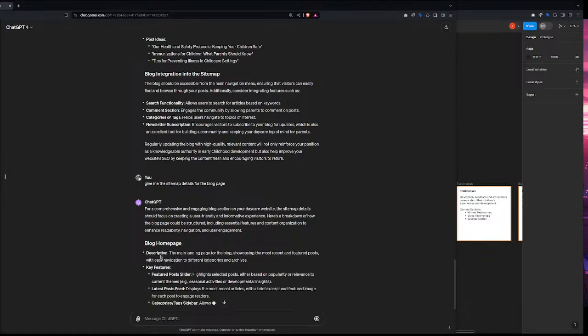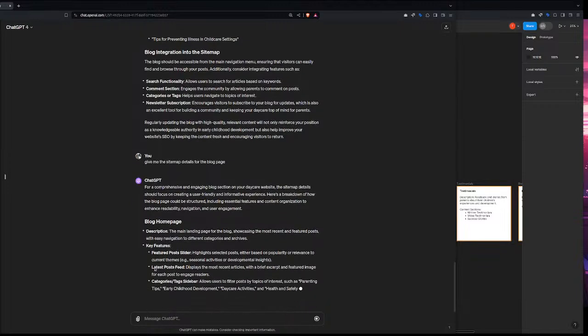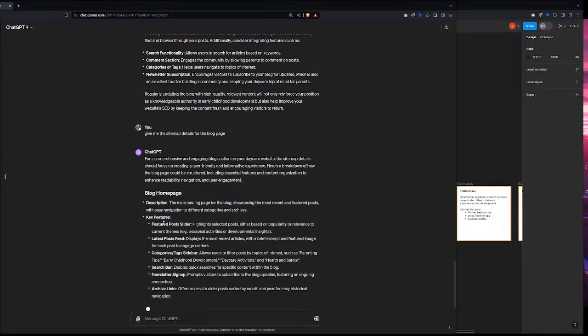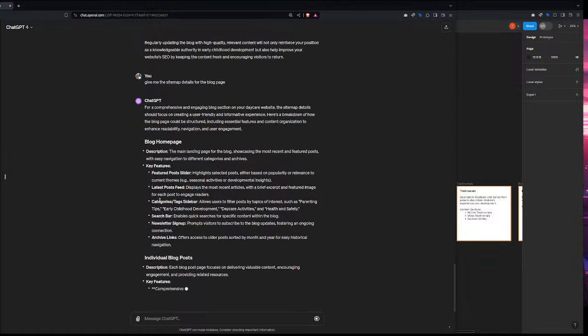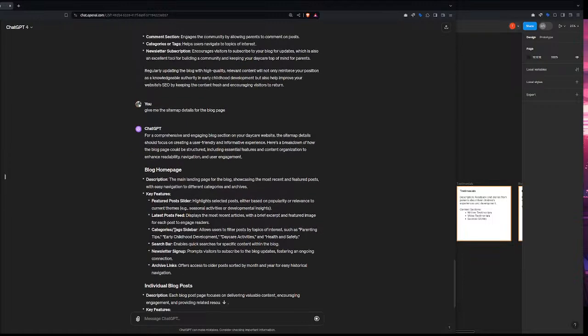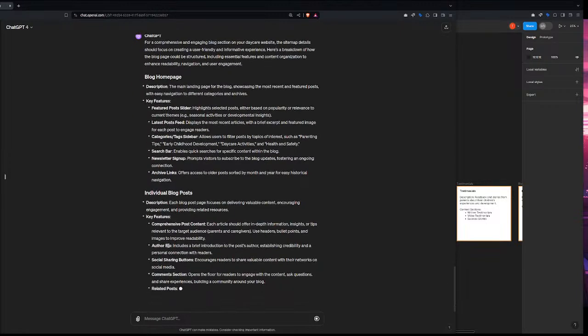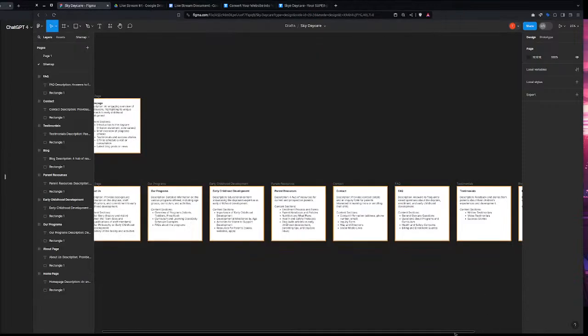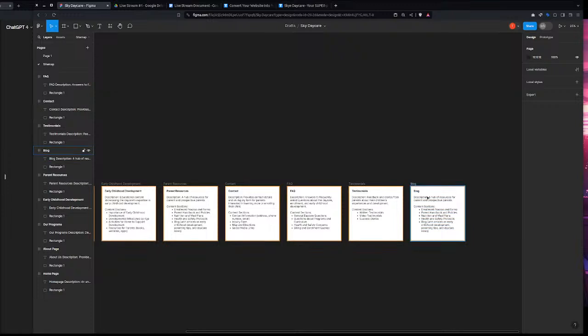Okay, so it's giving me a description, features, post slider. I'm not sure if I'll do a slider, but I'll definitely at least do a featured item. Latest post feed, yes. Categories, maybe. Probably not at the beginning, just because our blog articles are going to be pretty limited, but okay, this is a great start. I'm just going to go ahead and copy this into our